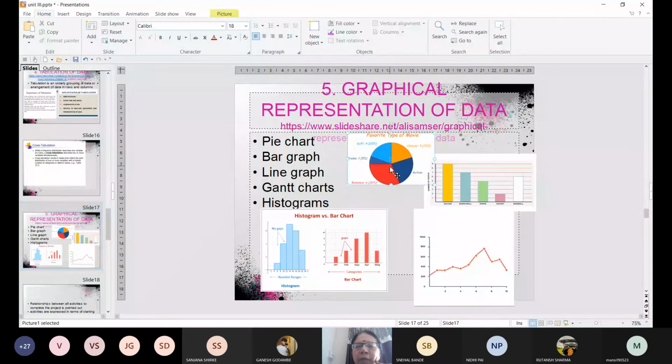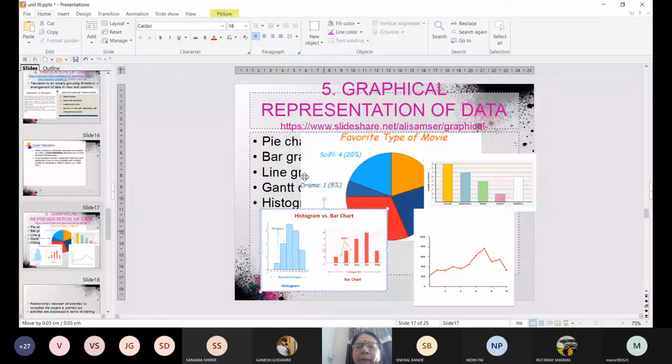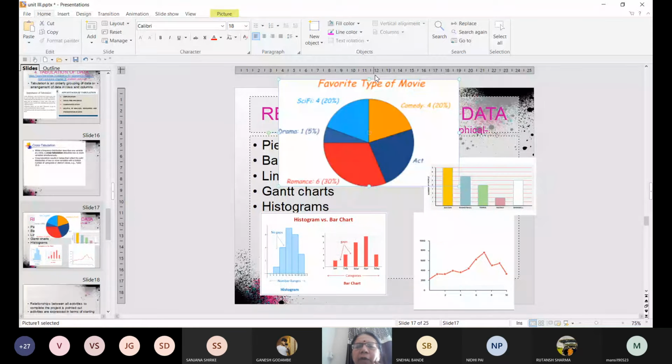Now, all of you are very familiar. I don't need to explain anything to you, but I'll just show you some examples. ये है हमारा pie chart. So here in the pie chart, you will see there. I'll just keep it up so आपको दिखाई देगा. Favorite types of movies. तो यहाँ पे there is color coding also, and you can see the size of each pie. So you will come to know.